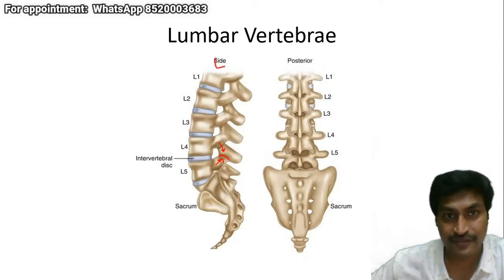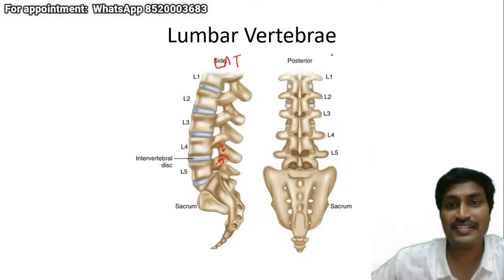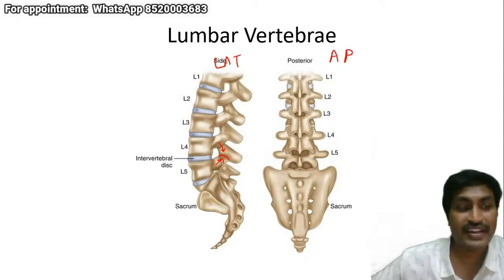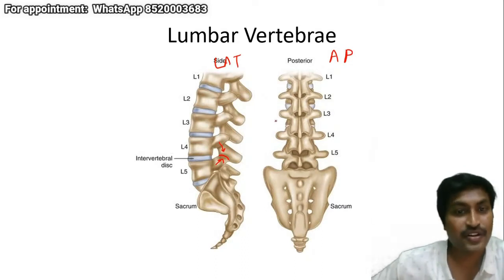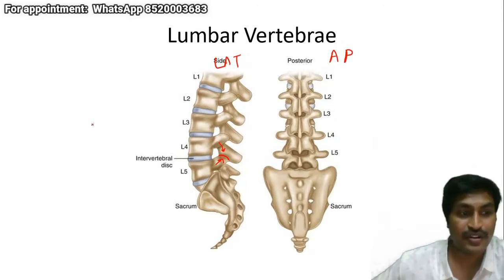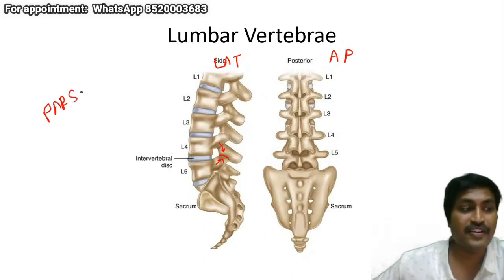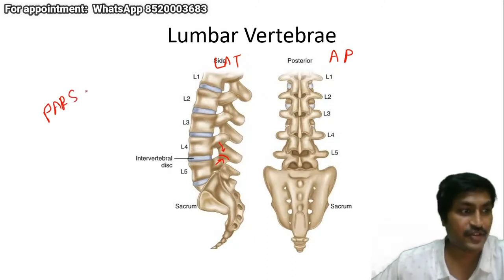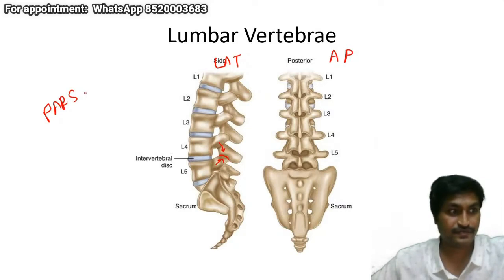So this is the lateral view. This is the AP view. We never take an oblique view. So Scottish dog appearance is practically never seen in the clinical practice. So have you all understood what is pars interarticularis? Once you people say that you understood what is pars interarticularis, I will go to the next one.